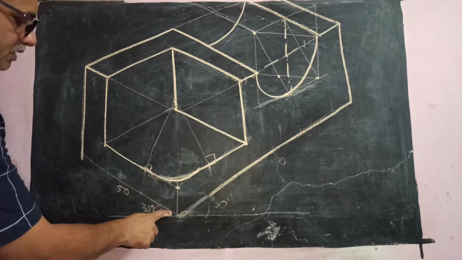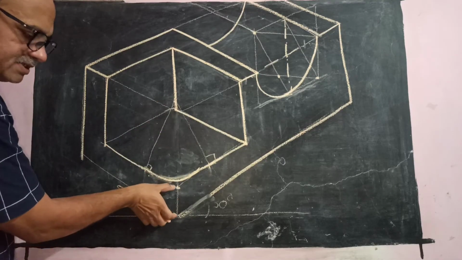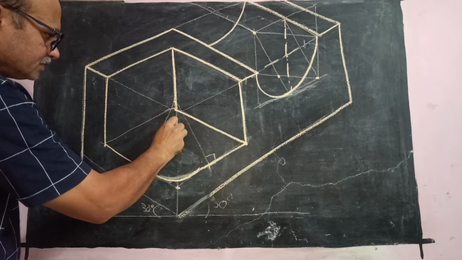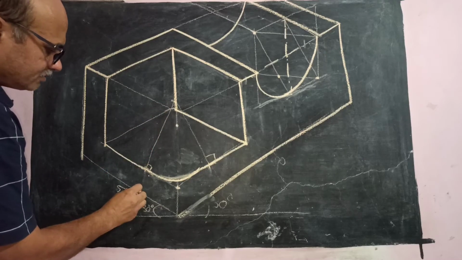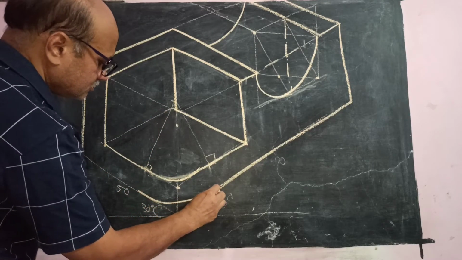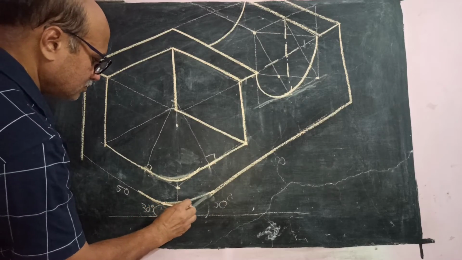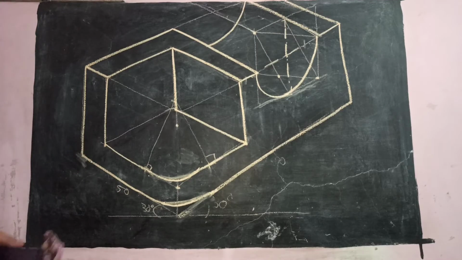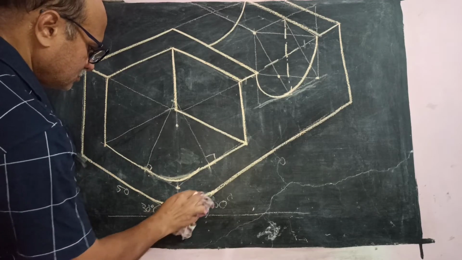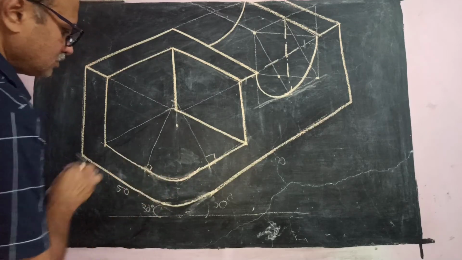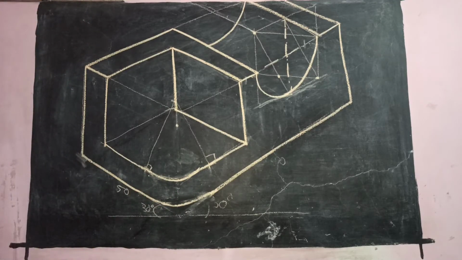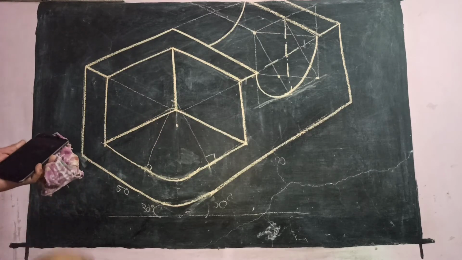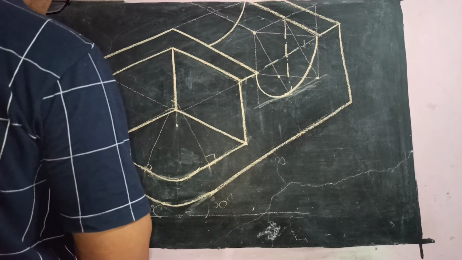Now the same round will be here also. This height is 10, so you can transfer this vertically downward by 10. Take the same radius and so this is the one. In this way you can make it round. This will be dark. Then what is left is the hole here. It is mentioned a hole here.